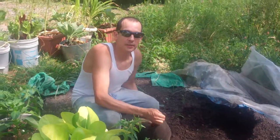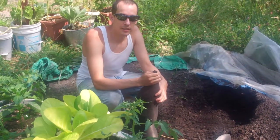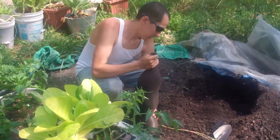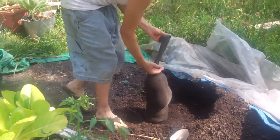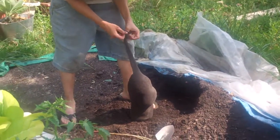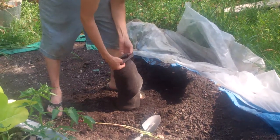It's V here. Make a video on how to make compost tea. What we've got here is pantyhose. We're filling it with compost. And the reason we want to do this is to not only get the nutrients in the